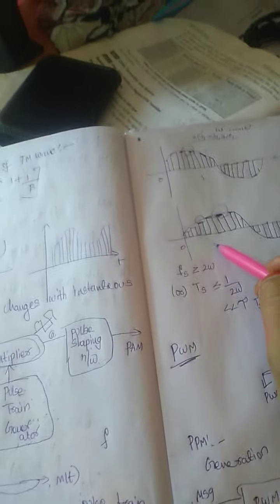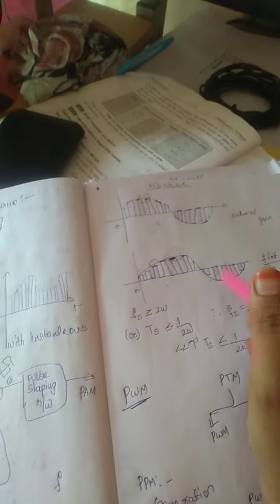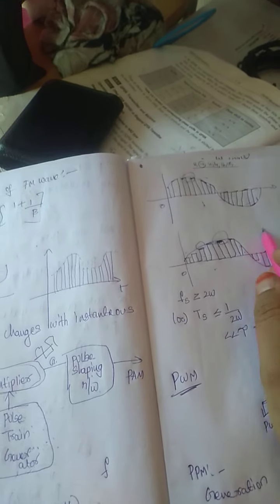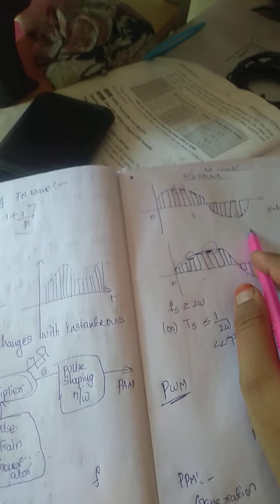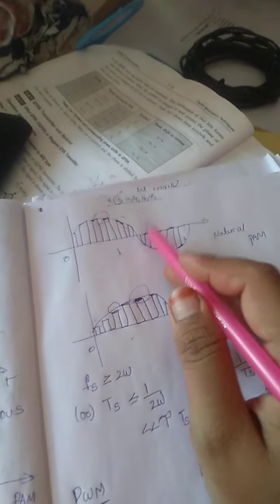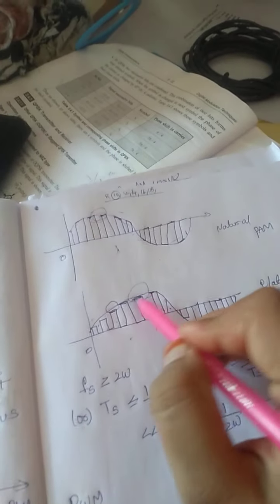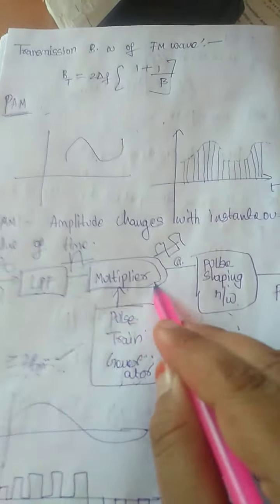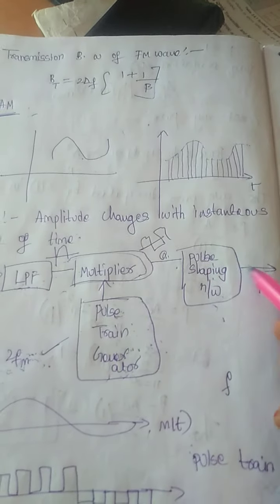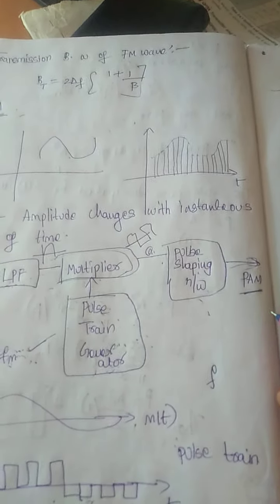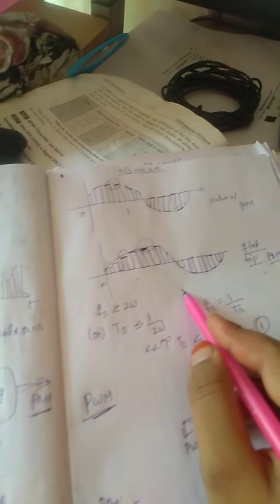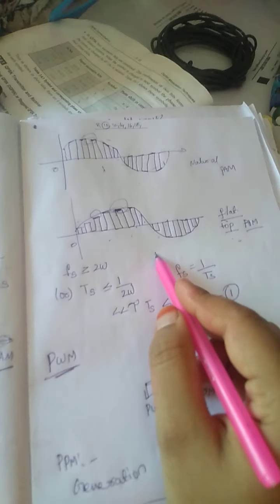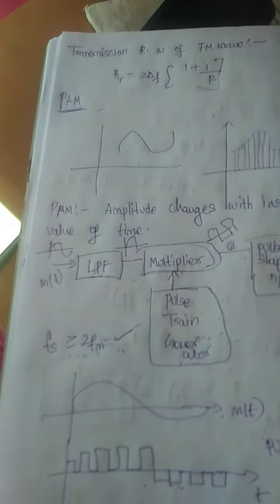Okay, so what we are observing from this basic diagram is that the PAM, the pulse amplitude modulation, is changing with respect to time. After changing, we don't just leave it like this, we are going to reshape it. So who will do this work? The shaping of the pulse will be done by the pulse shaping network, which we are giving to a multiplier. It will shape and give a flat top PAM final waveform, which is used for calculating the pulse and amplitude of the signal. Okay, so this is the generation of PAM.